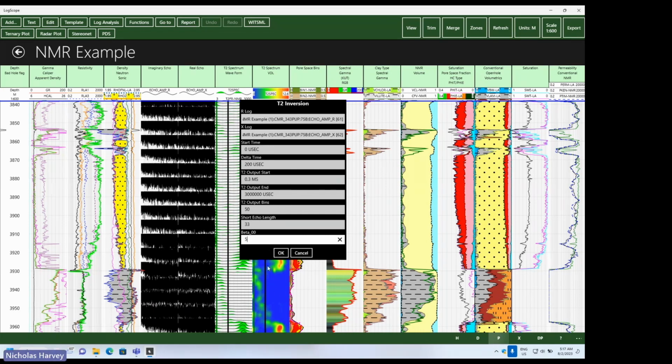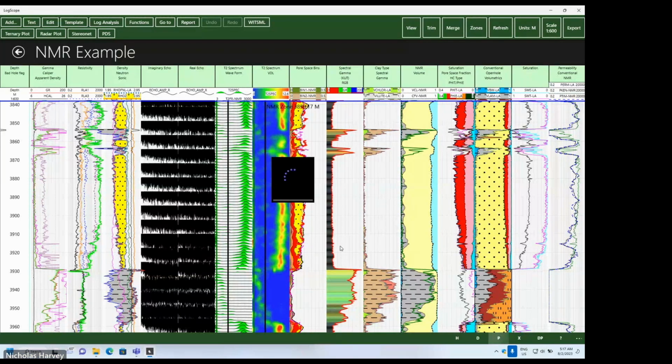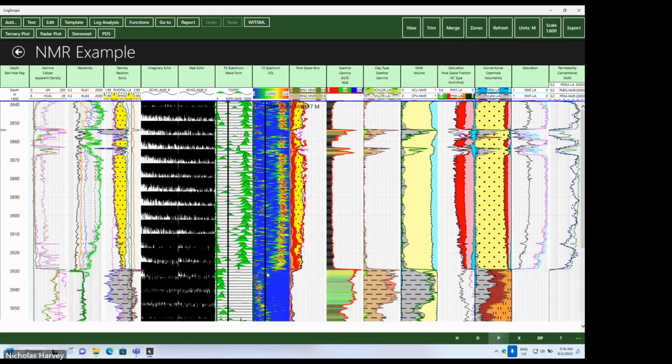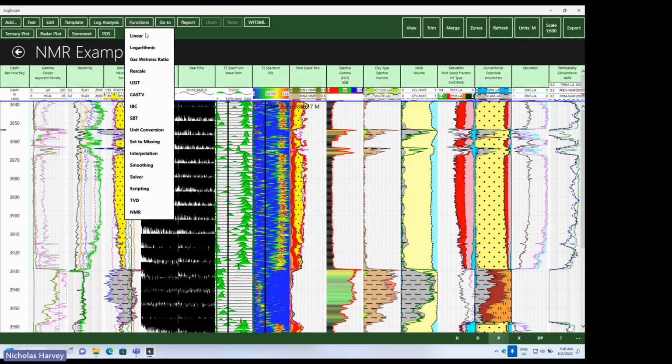Lower values will give a much smoother look, and if we hit OK, it will now process that and it will produce a new T2 distribution. The T2 distribution is produced using all the data. It does some internal smoothing, but if we want to smooth this out, LogScope gives us the ability